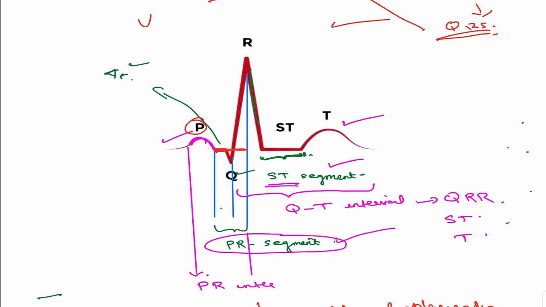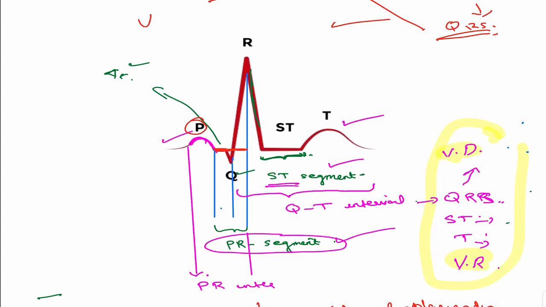So what does all this signify? It's QRS. QRS means what? QRS is the ventricular depolarization. The ST segment is the time when there is no electrical charge flow, that is, the entire ventricle is depolarized. Now T is ventricular repolarization. So this QT interval is ventricular depolarization plus ventricular repolarization, the entire time period where the ventricles get depolarized and repolarized.